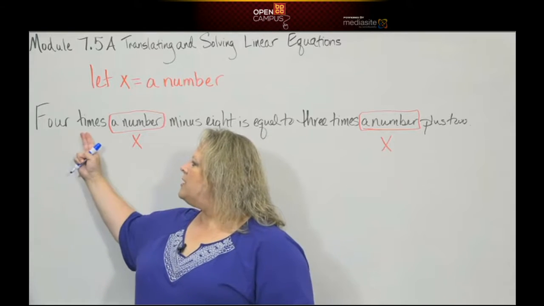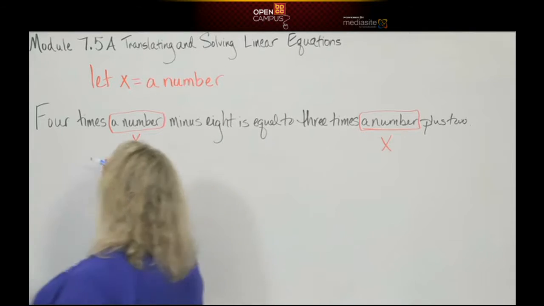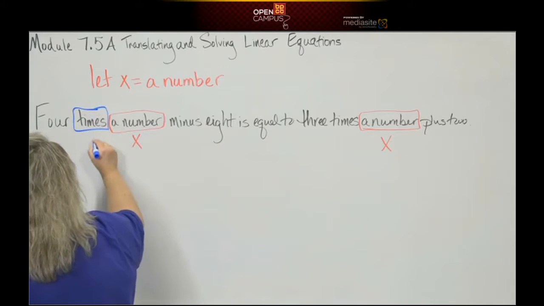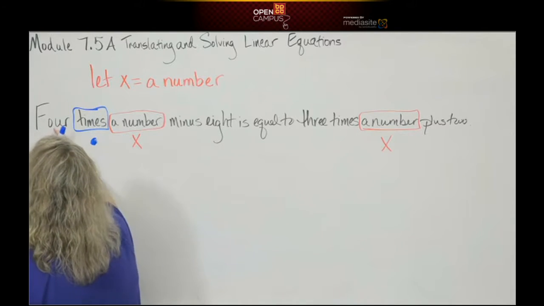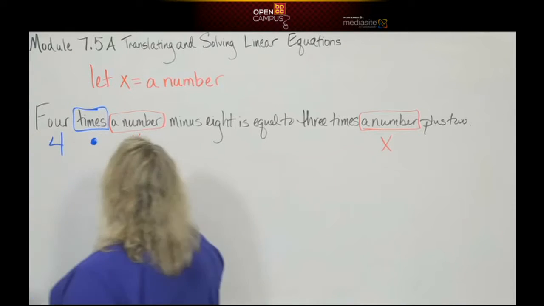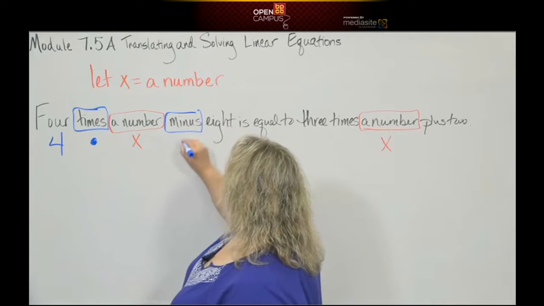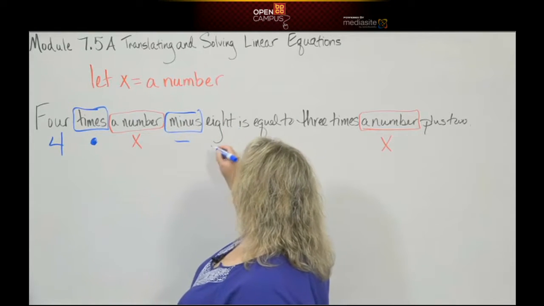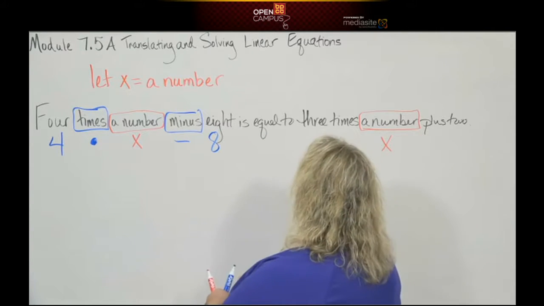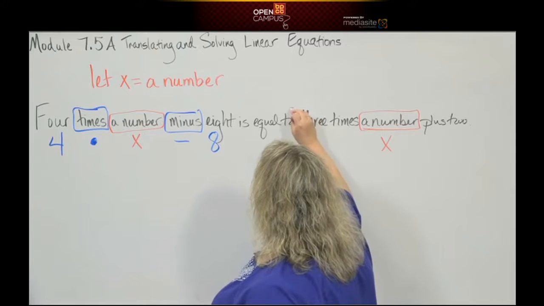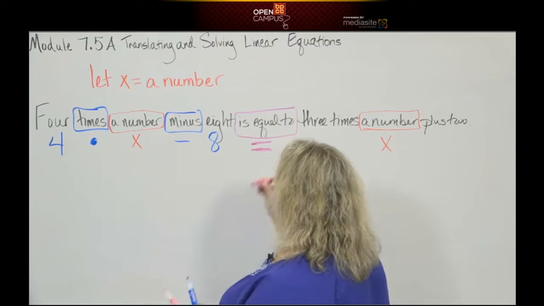It says 4 times a number. So remember the word times. Times means multiply. So that's my multiplication symbol. I'm going to go ahead and put a big fat dot for my multiplication symbol. And it says the number 4, so I'm going to write that down. Minus, we all know what minus means, right? Minus means subtract. 8, so let's write that down, is equal to